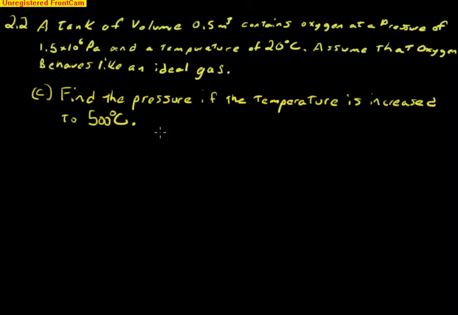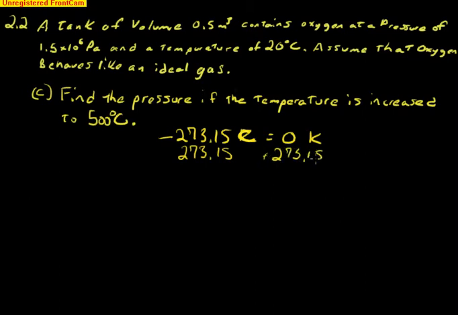We know that negative 273.15 Celsius is equal to absolute zero, which is 0 degrees on the Kelvin scale. We add 273.15 to both sides, and that gives us 0 degrees Celsius is equal to